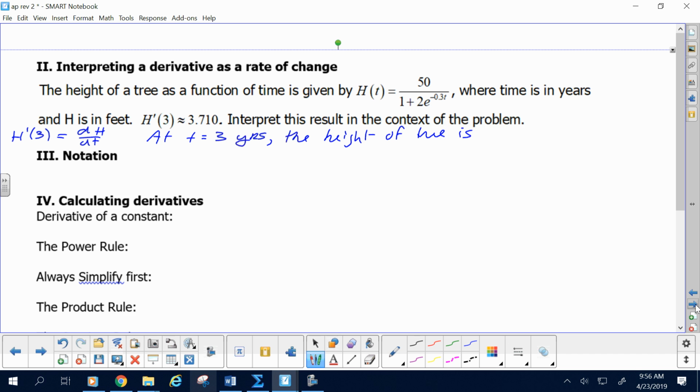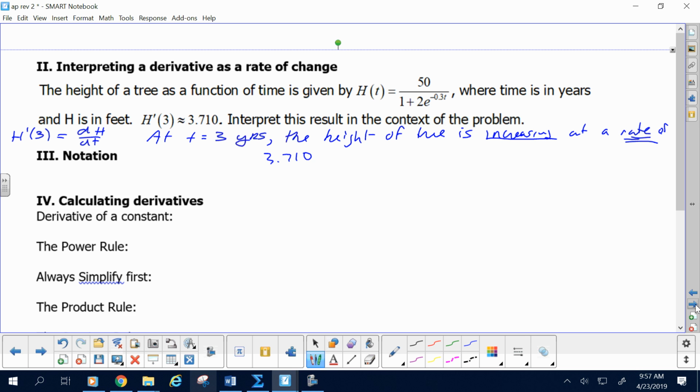So it's not changing at a rate of, it's increasing, or growing, at a rate of. If they don't see rate, they're looking for that word. If they don't see rate in there, you're probably going to have a hard time getting credit. At a rate of